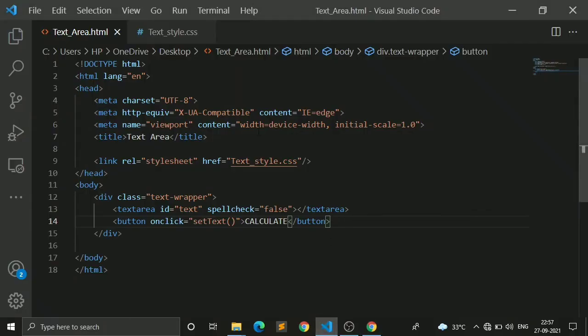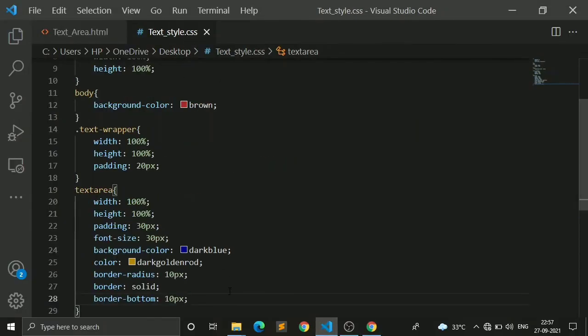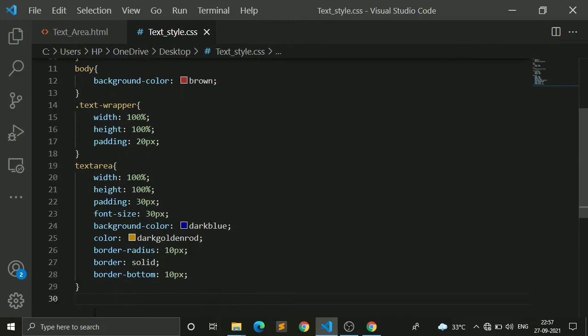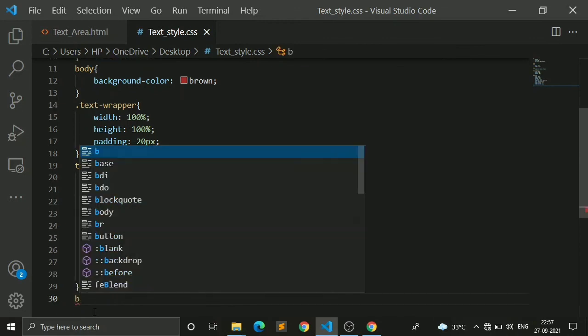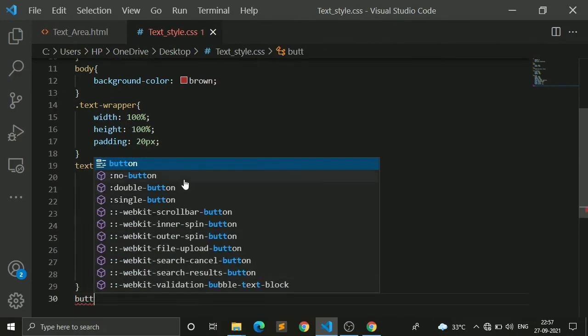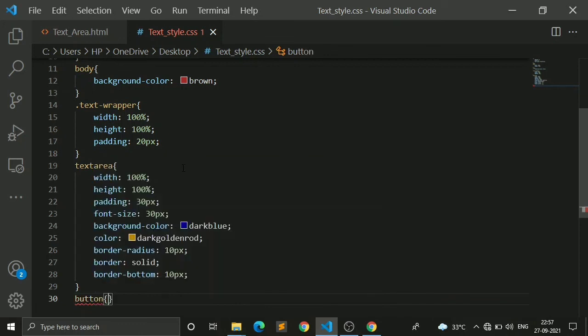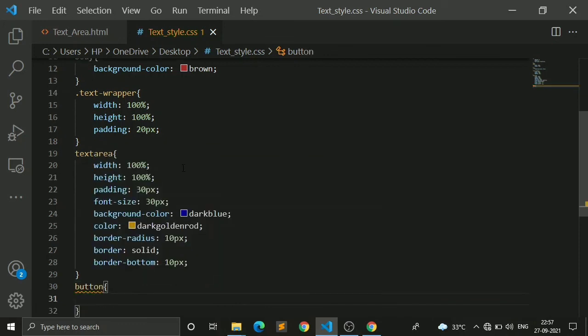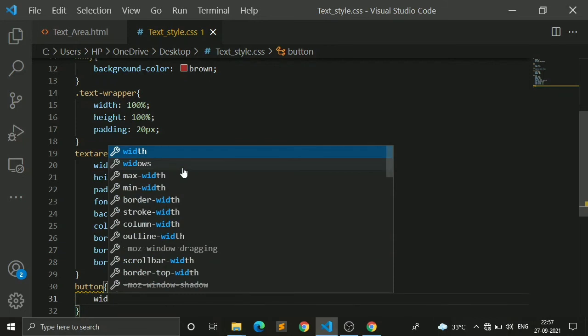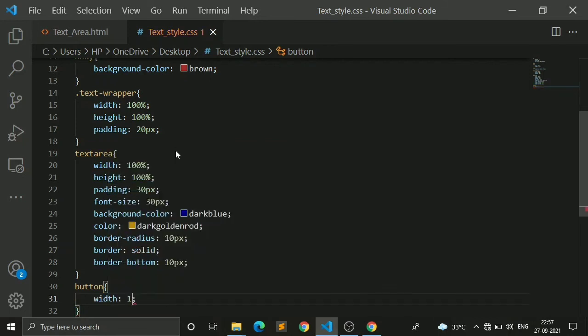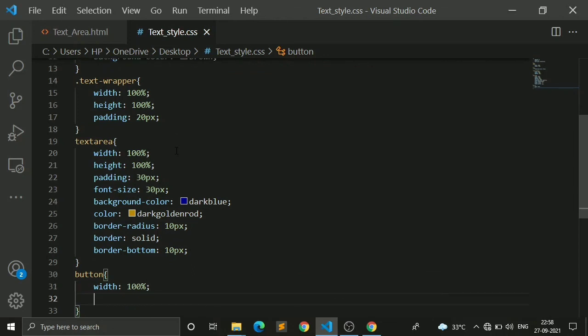Yeah, and now I am going to apply some properties over here. So I will write some properties for button, and here I will give a width of 100%, and it is okay. Then you can see a button of 100% width.